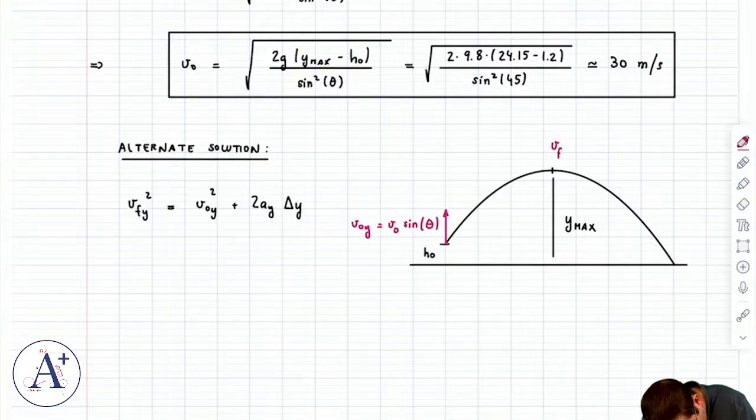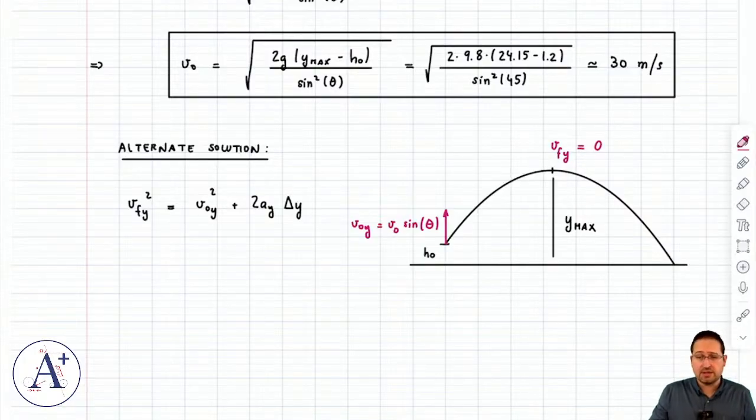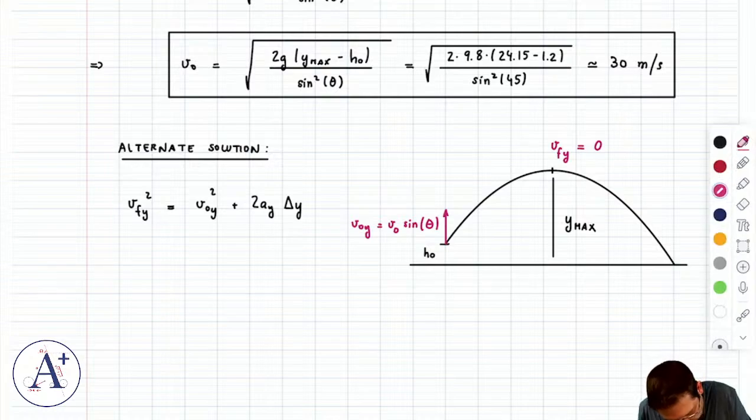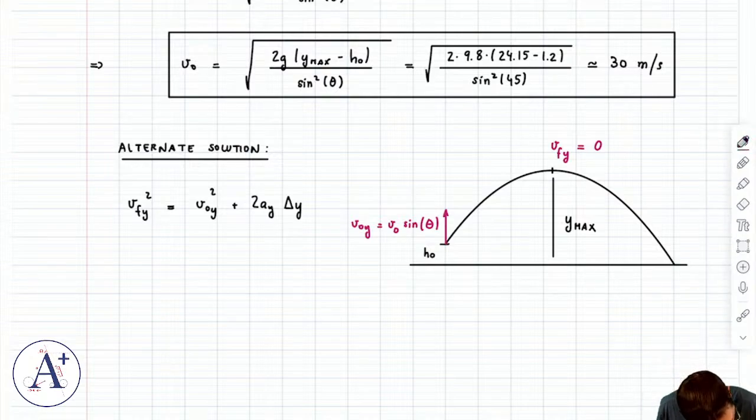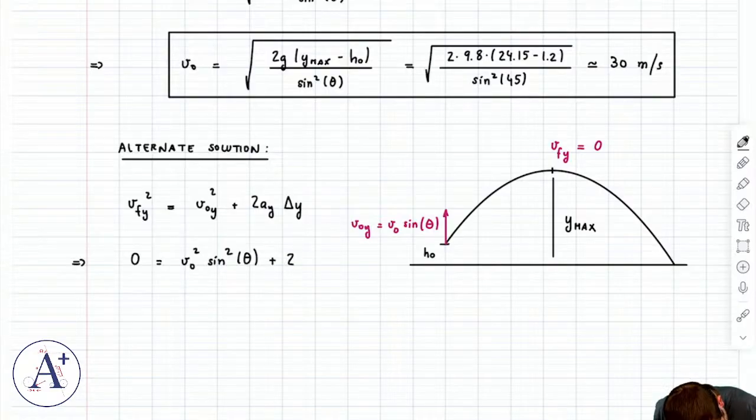And v final y is also known. At the max height, it's 0. Along x it's not, but along y, vy is 0 at max height. So then this means that 0 is equal to v0 squared sine squared of theta plus 2 times your acceleration a_y, which is minus g, and your change in height is y max